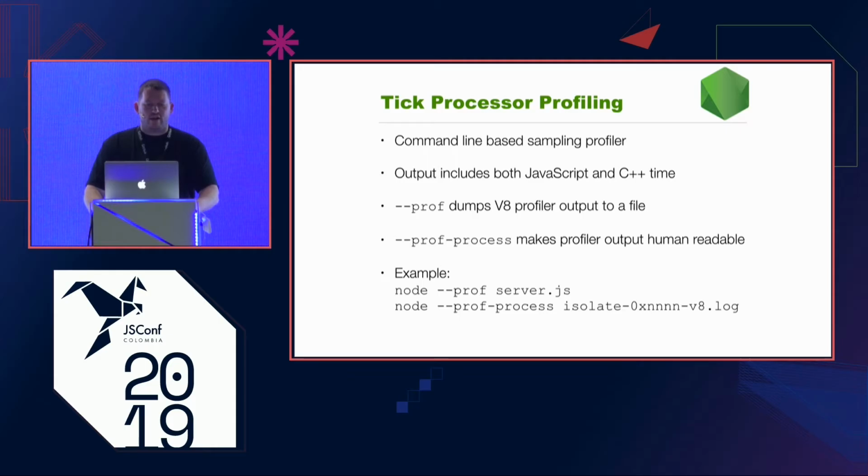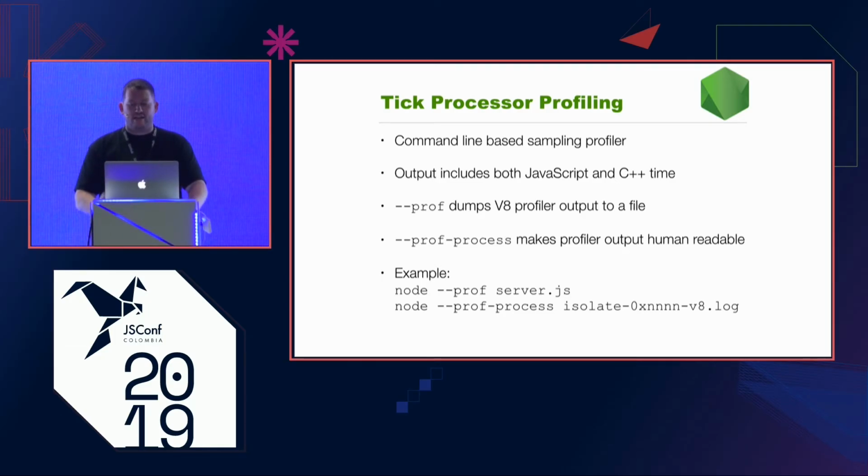So for years now, V8 has been shipping with something called the tick processor. This is a profiler. It's kind of a two-step process, so you can actually profile your code as it's running. It's going to dump some file that's not really meant to be consumed by humans. And then you would do a post-process step to take that and format it into something that people can read. So an example would be if you're running your server, node --prof server.js, that's going to get you a